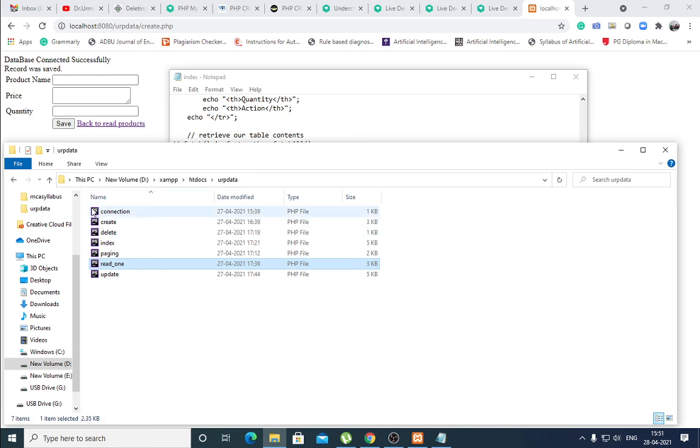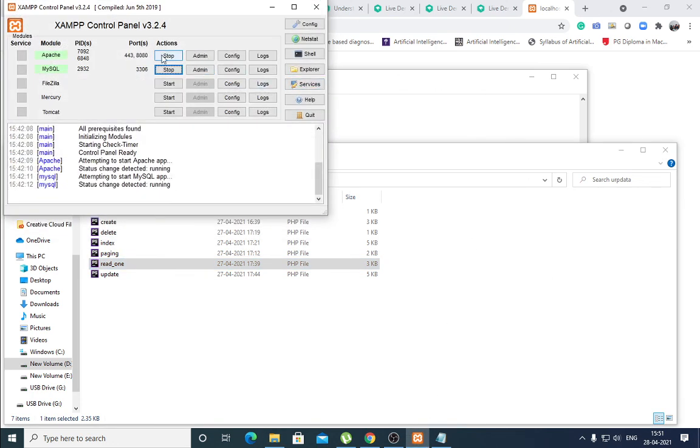This is additional knowledge for you, how to do forms, PHP forms, professional forms, and how to execute. These are the basic steps to design any website. Index.php is the main file, and all the other files are included there as per the requirement. I hope after all these things you stop that server.